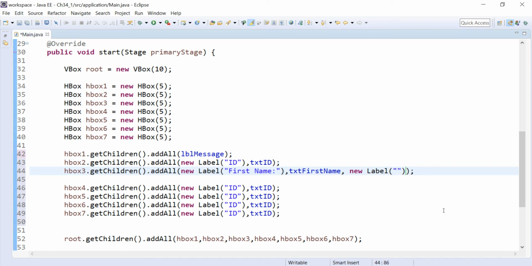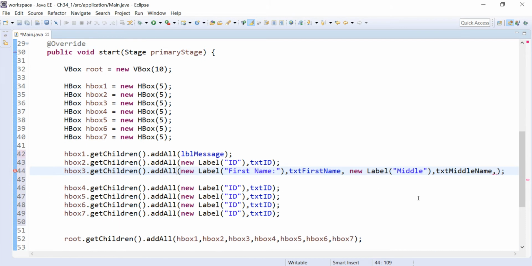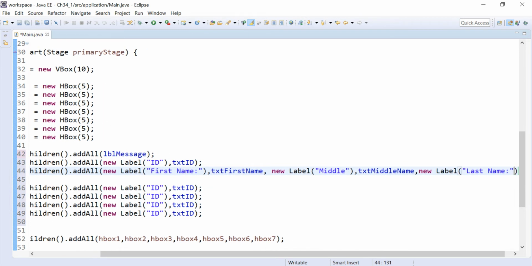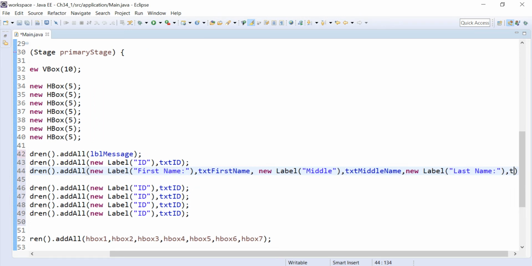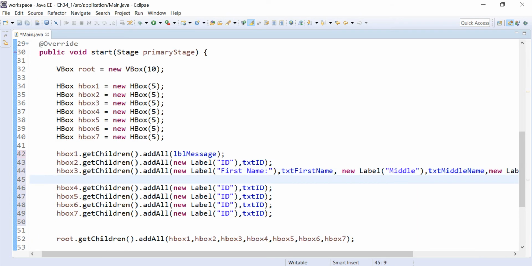So this is the middle name. I just put middle, and then txt middle name, and I have the, is that what I call txt middle name? Yes. And then I have the new label for the last name, and then txt last name. Okay. Let me see if I can do a scroll